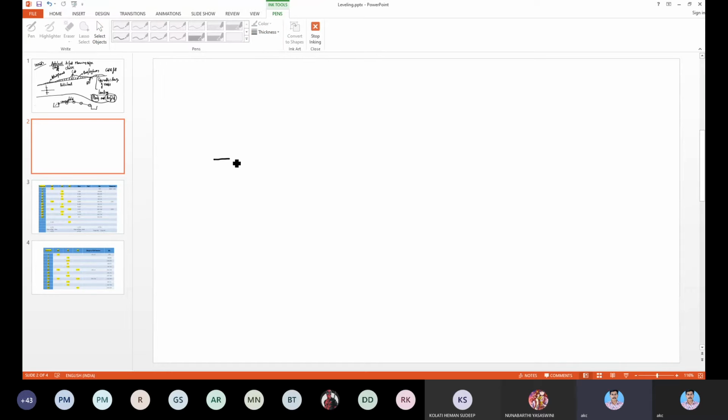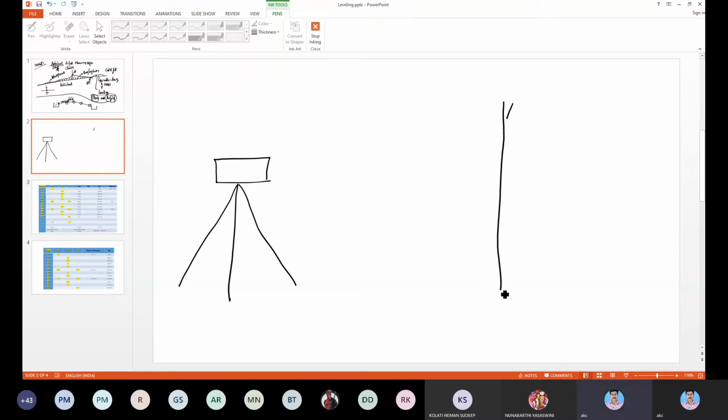Let's say this is the auto level drawing, and this is the tripod on which it is placed. Let's say your staff is somewhere here. You will see a line like this, and if the bubble is in the center, it will be straight.